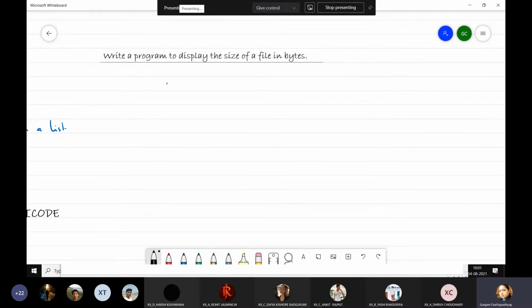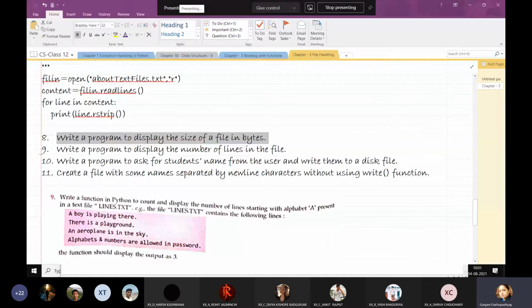We already displayed everything in the form of characters. You know that a text file stores everything in the form of characters. Every character occupies 1 byte. So where we saw 157 characters, it is actually 157 bytes. Understood? So this question is just a bit twisted.